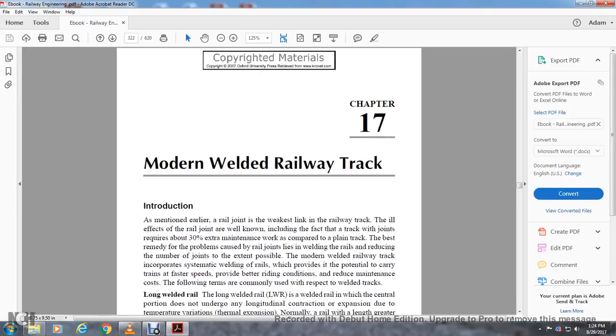Chapter 7, Modern Welding of Railway Track. Introduction. As mentioned earlier, the rail joint is the weakest link in the rail track, with the effects of